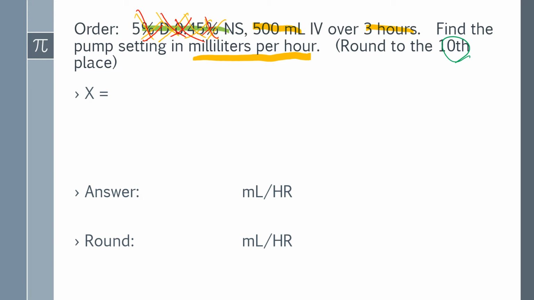So now we'll just do some math and get our problem set up. We know we're solving for milliliters per hour. We know that we have 500 milliliters over 3 hours. And when we look at that, do we have milliliters? Because that's what we're solving for. Do we have hours? That's what we're solving for. We don't need to go any further. So 500 divided by 3 is going to give us